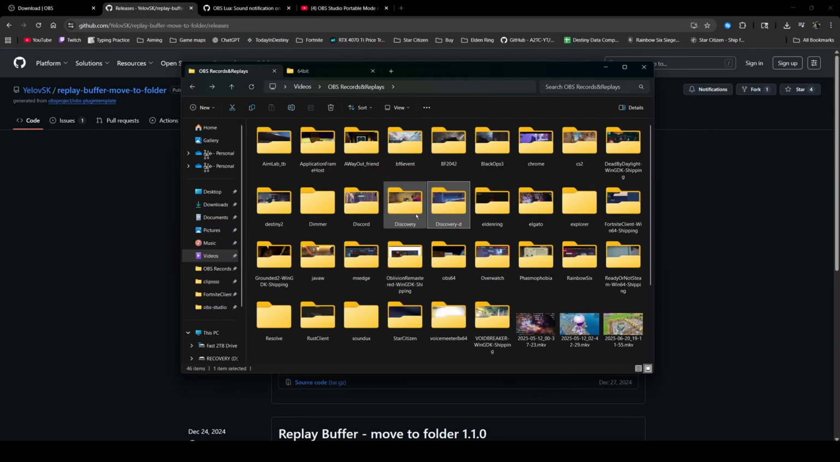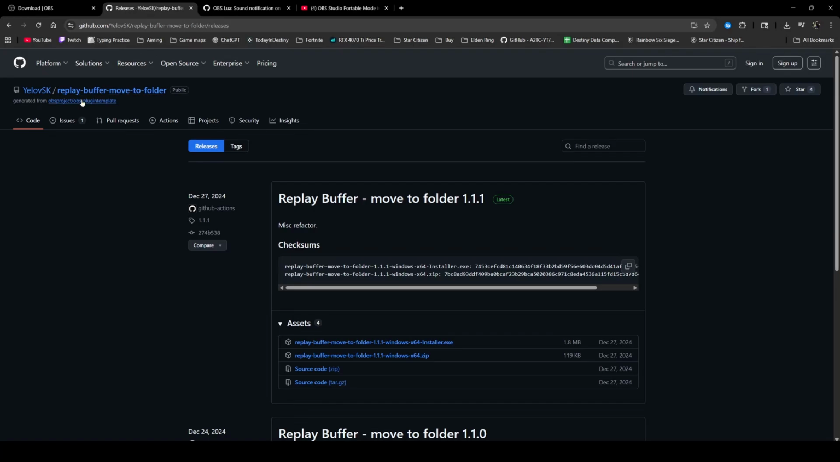Also, you can see something called discovery or application frame host. This is a very annoying thing that is just something that you'd either have to deal with or figure out how to make a different way of finding out what the name of the game is. The way we are figuring this out today is using the replay buffer move to folder